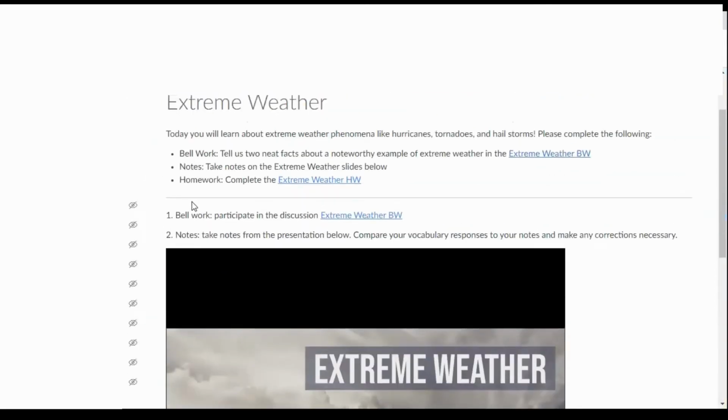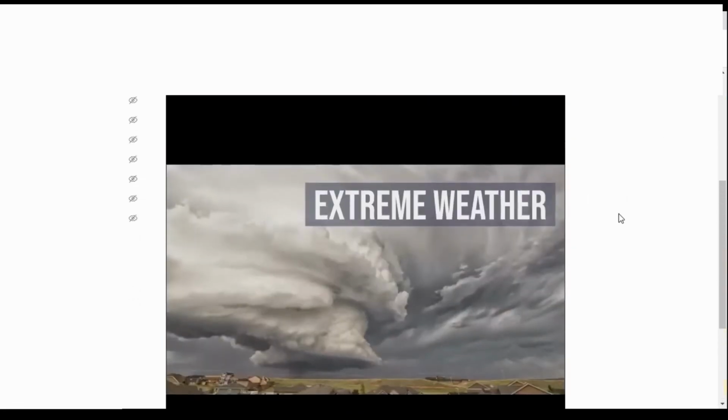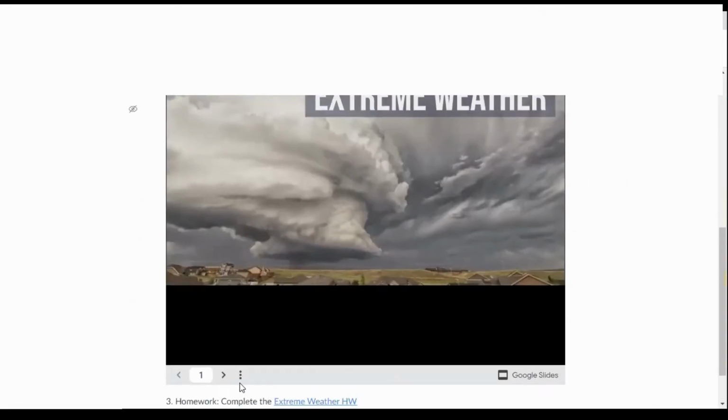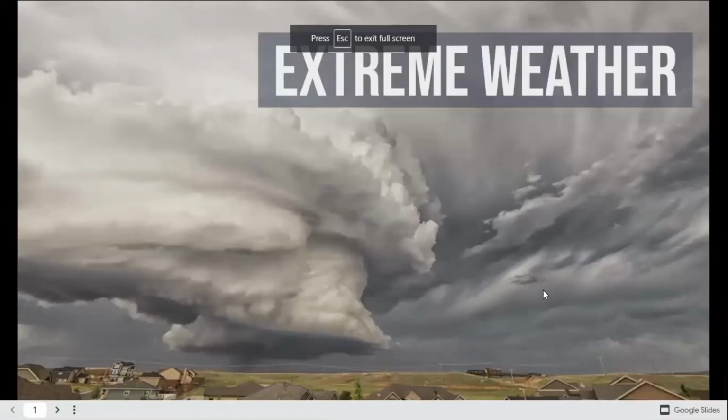So we've got the summary at the top, and then we have the actual lesson itself down here: Bellwork, notes, homework. So we're going to take a look at the notes now. Remember that anytime you are taking notes with me, you can pause the video, finish catching up on a slide, and then restart the video again when you're ready. You can also pause the video, take a break, and come back if you need to. It's completely up to you.